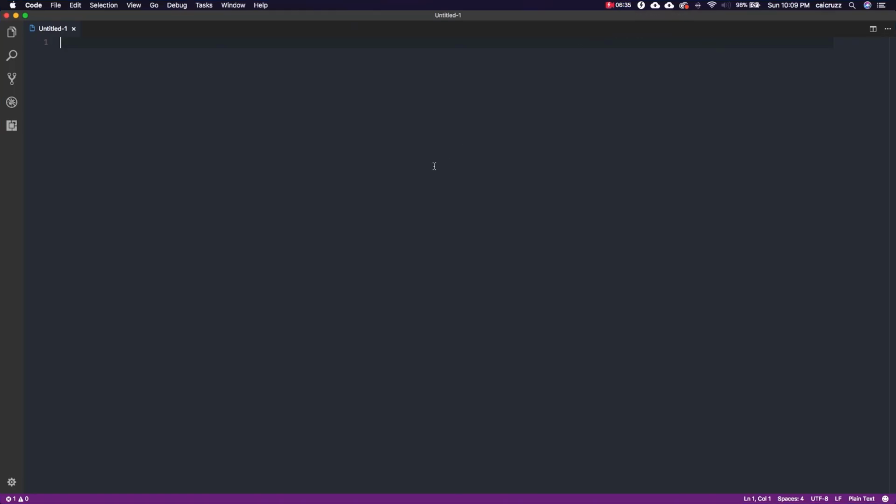Alright, so we're gonna go ahead and create a new file, and in this new file, what we want to do is our exports dot handler is equal